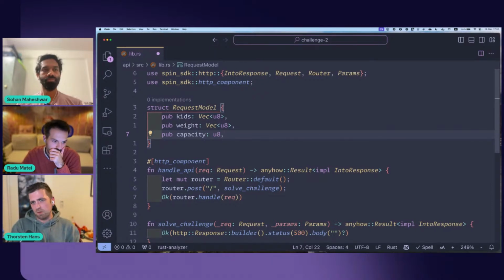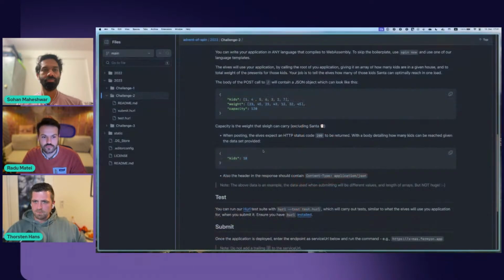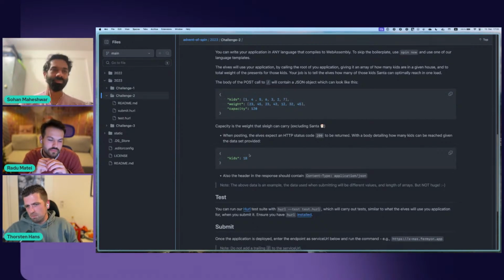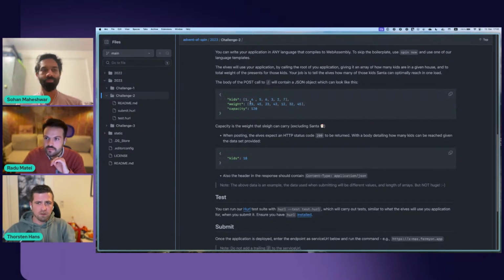This is how I typically try to treat APIs. I would come up with an internal model that gives me a little bit more flexibility. Because to solve the challenge, let's go back. So we know that, assuming that this one is correct, 18 kids could be delivered with that particular trip, right? So those two arrays are in that particular structure. They are not connected to each other.